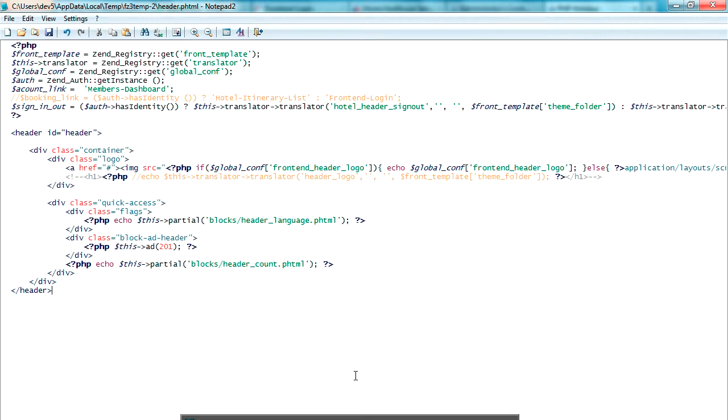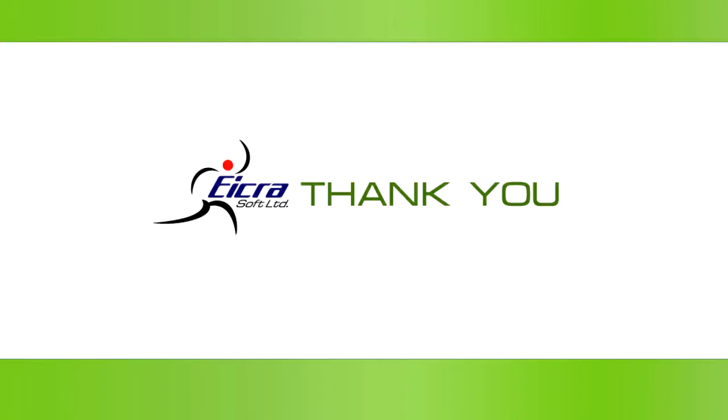For your case, you can change your custom HTML and add your custom JavaScript in this portion under header.phtml. Thank you very much. I hope you have learned how we can modify the top advertisements, the banner, and the top call now number. I hope this tutorial helps you understand how things can be managed.